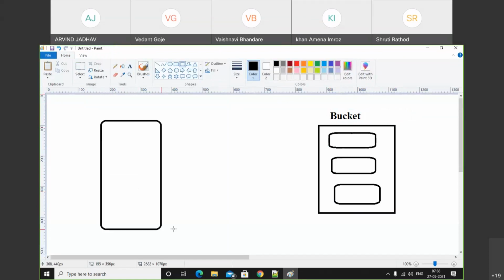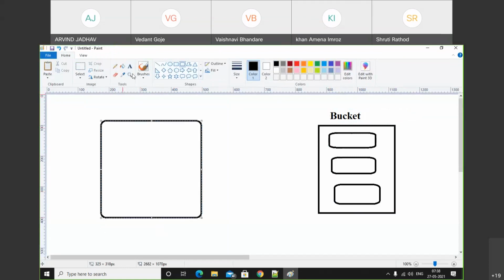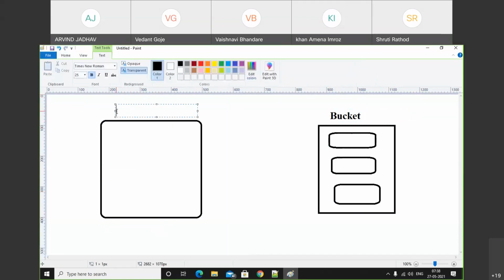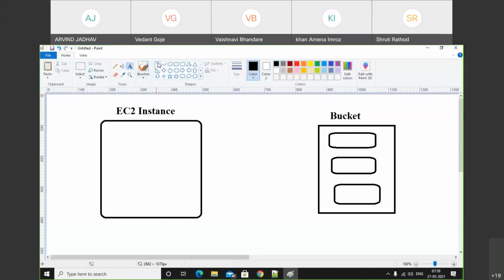I have an EC2 instance, and I want to access this bucket in the EC2 instance.